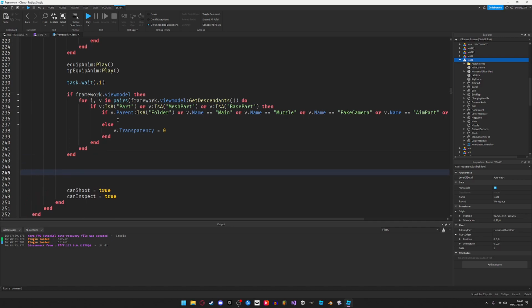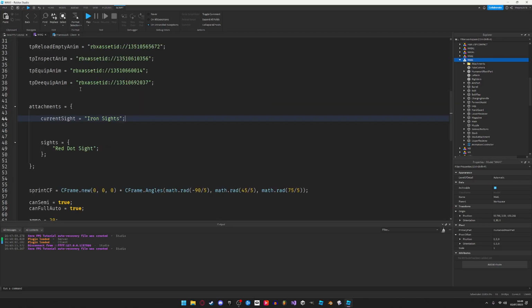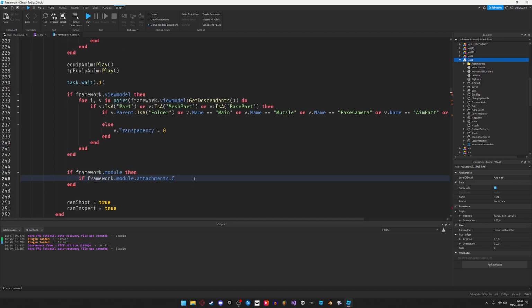We'll say if framework.module, then if framework.module.attachment dot current, what was it, current site? Yeah, current site. That current site equals iron sights. Then